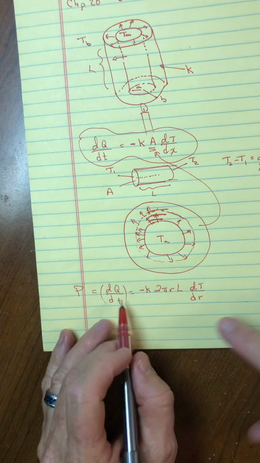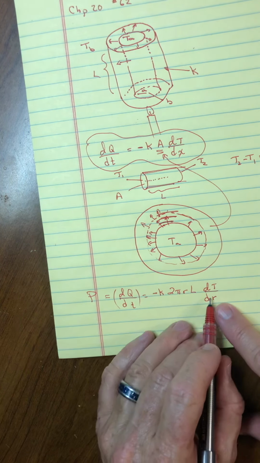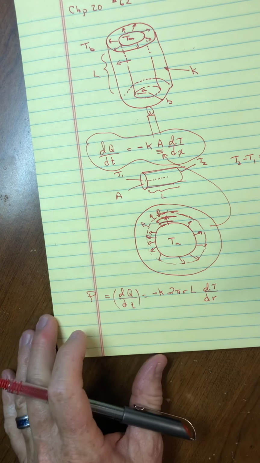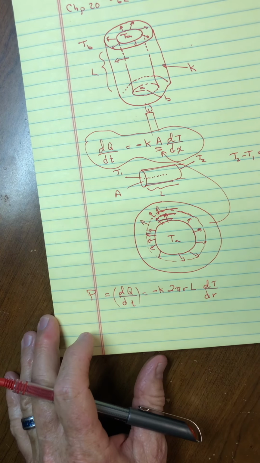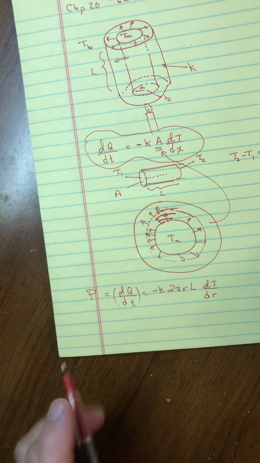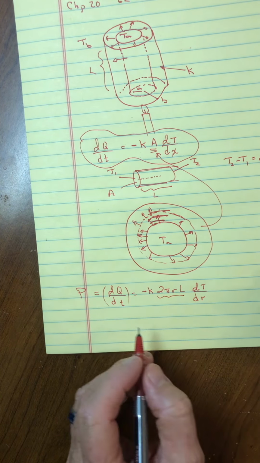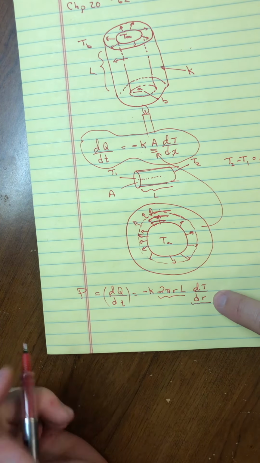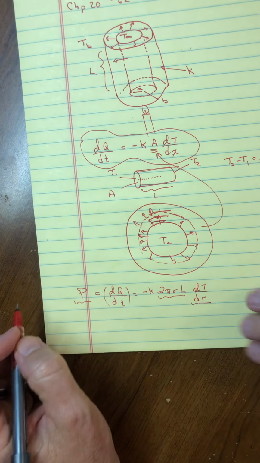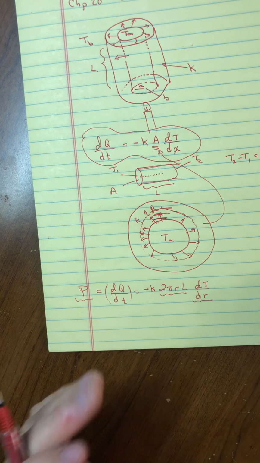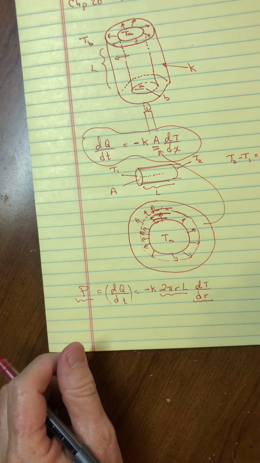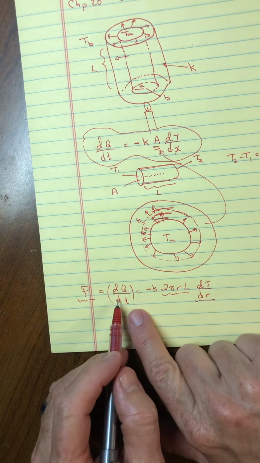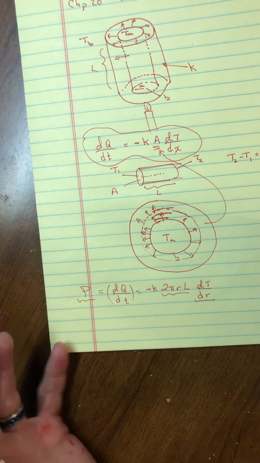Of course, you can kind of see, to be a constant value for bigger r's, you would have to have a smaller gradient. But that is perhaps the tricky part of this problem. Okay, I'll say it again. The three tricky things are, number one, recognizing that this is the area that the heat flows through with the corresponding dr. Okay, that's the second thing. And of course, the third thing is right there, recognizing that this only makes sense when that number is a constant. And since this looks like a derivative to me, I'm going to write it as a P so I